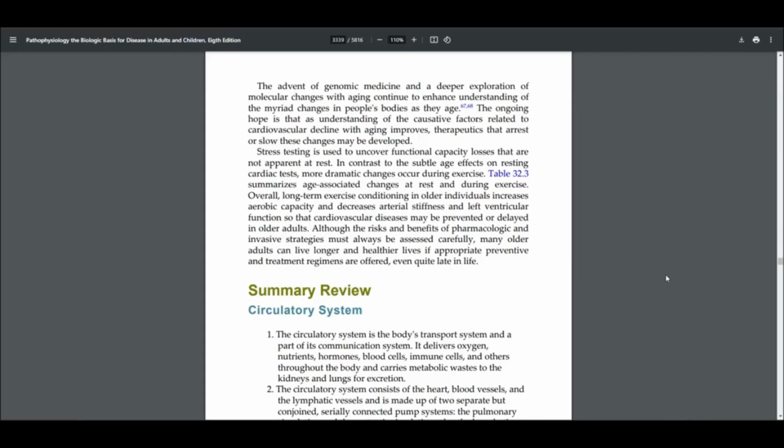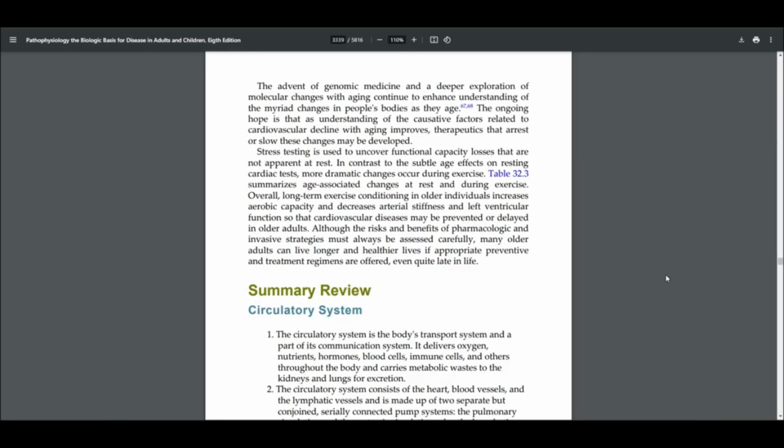Stress testing is used to uncover functional capacity losses that are not apparent at rest. In contrast to the subtle effects on resting cardiac tests, more dramatic changes occur during exercise. Table 32.3 summarizes age-associated changes at rest and during exercise. Overall,